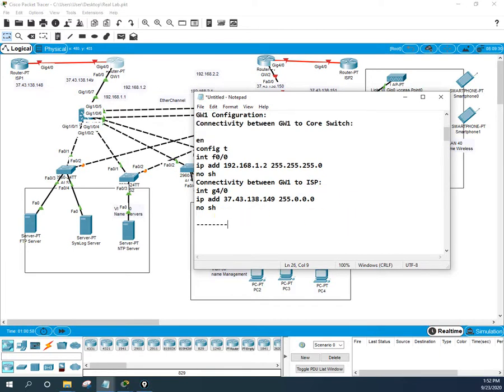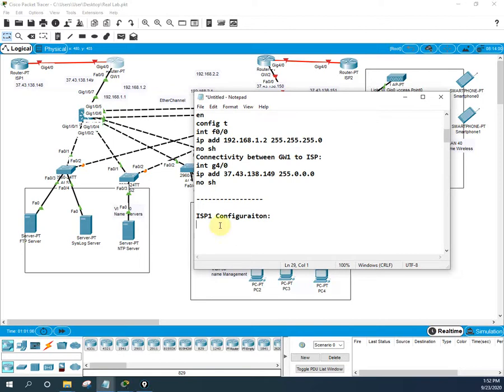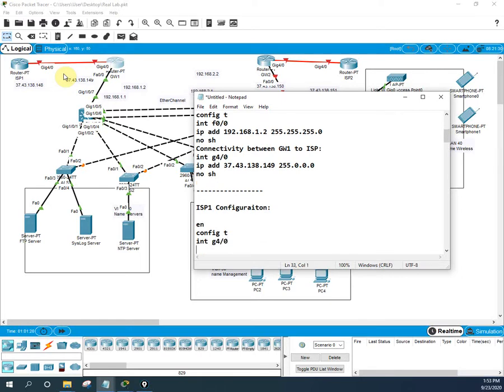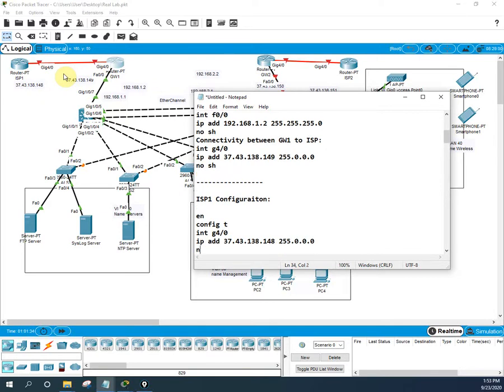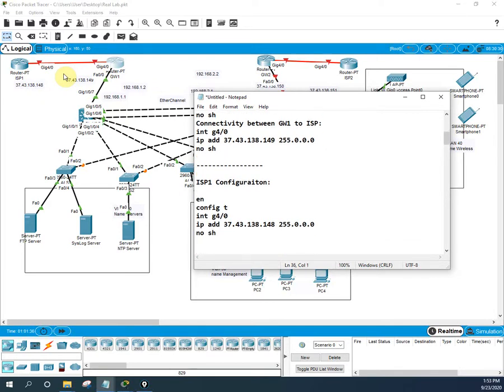Now I will write the ISP1 configuration. Actually this one we will not do, the ISP is responsible for this one, but anyhow in our lab we are doing it. So I will write enable, config t, and then interface G. If you see here G4/0, so I will write G4/0, then I will write IP address 37.43.138.148, then 255.0.0.0, and then we write no shut, and I will create a loopback interface